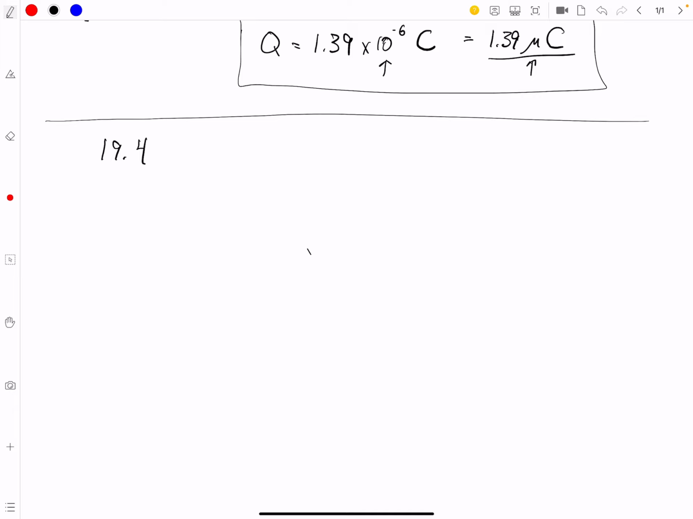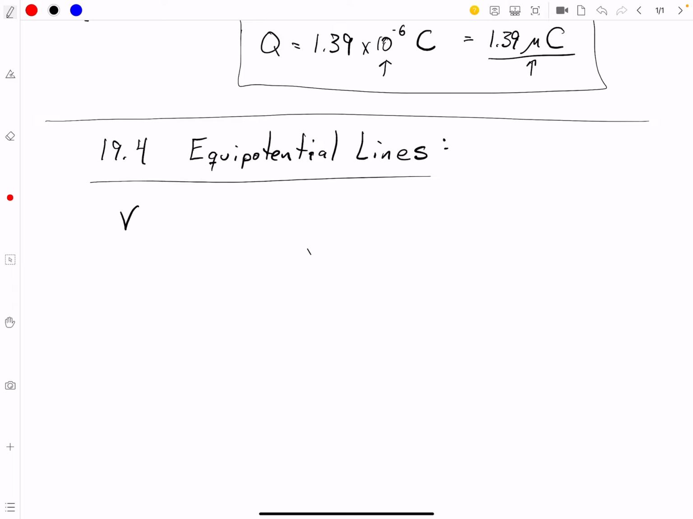So this is 19.4 and equipotential lines. All right, what does that mean? V is our quote-unquote potential. Okay, it's not our potential energy, it's just called potential. It's not an energy. And as a potential, if we have a